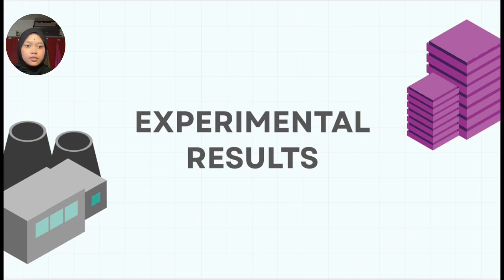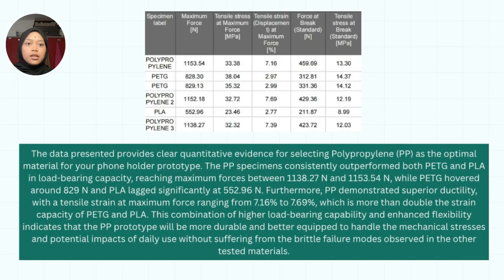Next, experimental result. The data presented provides clear quantitative evidence for selecting polypropylene as the optimal material for our phone holder prototype. The PP specimens consistently outperformed both PETG and PLA in load bearing capacity, reaching maximum force between 1138.27 Newton and 1153.54 Newton, while PETG hovered around 829 Newton